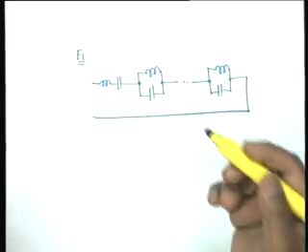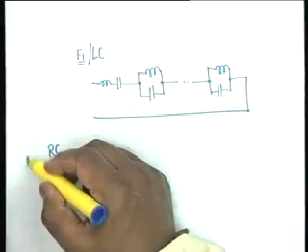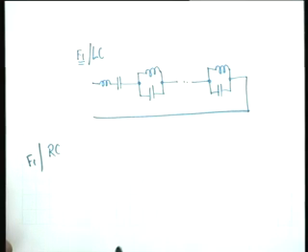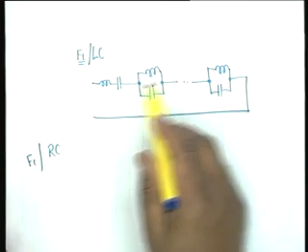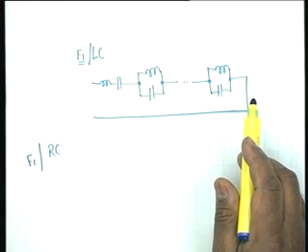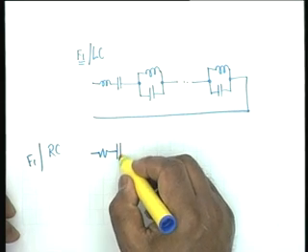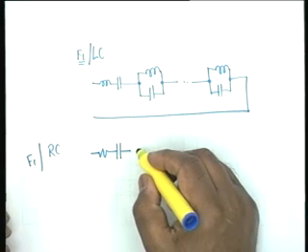For example, if we take an RC network, this is for LC. If we take an RC network, obviously the most general form for RC network can be obtained from this simply by removing all inductances and replacing them by resistances, and therefore my most general form for RC network shall be